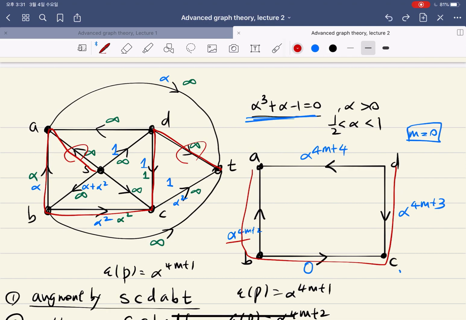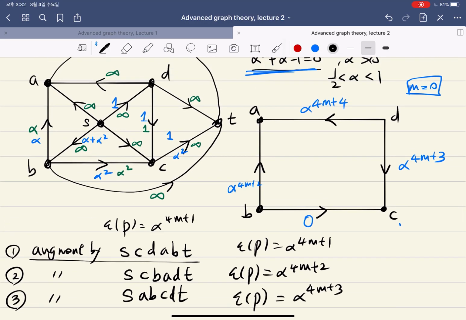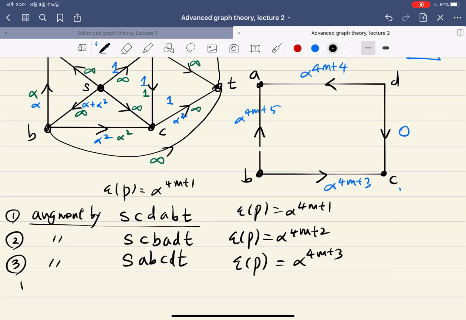So we have to augment it by this much. And then again, this will decrease by the same amount, and this will be increased by this amount, and this will become 0 by decreasing by that amount. Again, by the same computation, this is the same as alpha to the 4m plus 5. And then lastly, we can augment again by